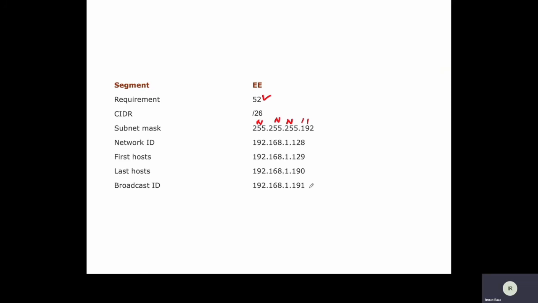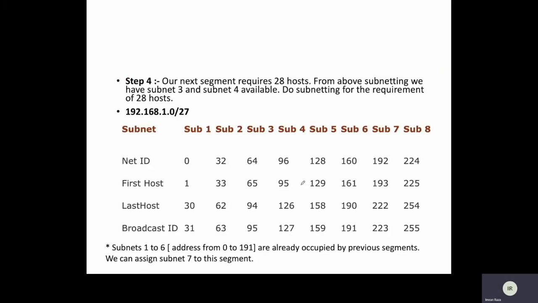Okay, and let's talk about the third segment, which is physics, and it requires how many nodes? 28. I borrow another bit from here. So what would be the subnet mask now? 255.255 is by default, and now I've borrowed 3 bits, bit number 128, 64, and 32. So this means the subnet mask would be,